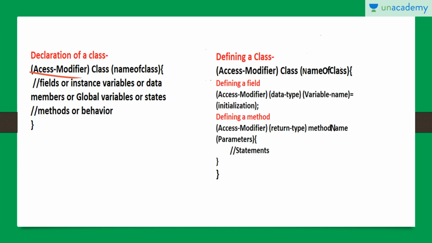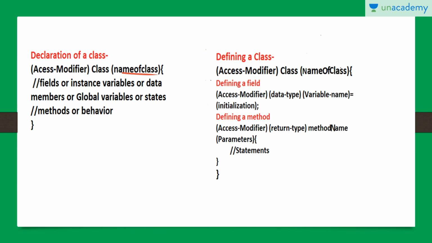Okay, now after that we have to write the class keyword. Now we have to give a name to this class, which is the name of the class. There is a convention that Java uses, which is camel case. The camel case convention says that every word of a class name should have its first letter capital. It means if I am naming my class, then the first letter of every word should be capital. Okay, if my class name is hello world, then the H of hello and the W of world should be capital. This is the convention that Java uses.